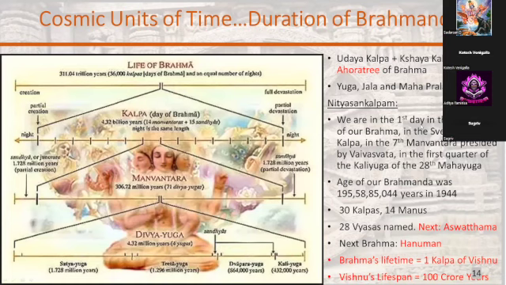Now, what we have learned, sadly, in our English education, Macaulay's education, is that we have not been taught our own texts. And so we are unfamiliar with what our texts actually contain. What we have learned is what the English wanted us to learn. Correct, Guruji. So maybe the different avatars happen in one Manvantara versus one Mahayuga. Yes, that probably makes more sense.